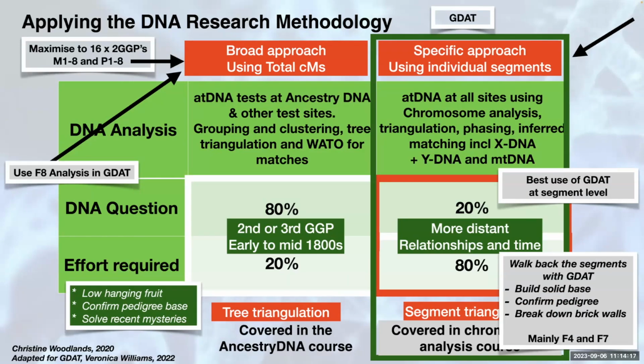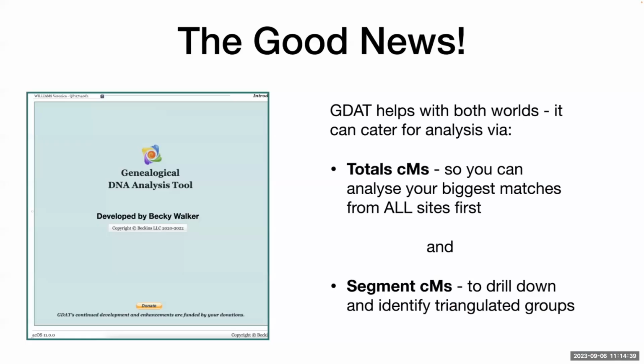And then if you've got chromosome data for some of those people, then it's a great way to start off with your GDAT analysis, and then moving into the right-hand side, where you're much more dealing with the segments to find the priority matches that you need to work with. Different approach for both sides. But the good news is that GDAT does cater for both worlds,